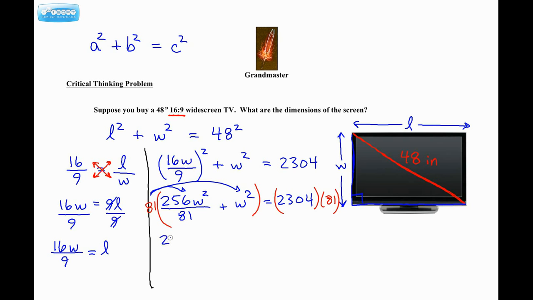So I'm simply left with 256W squared. 81 times 1W squared is just 81W squared. Simple enough. And then here on the right, I can work out 2304 times 81, which gives me